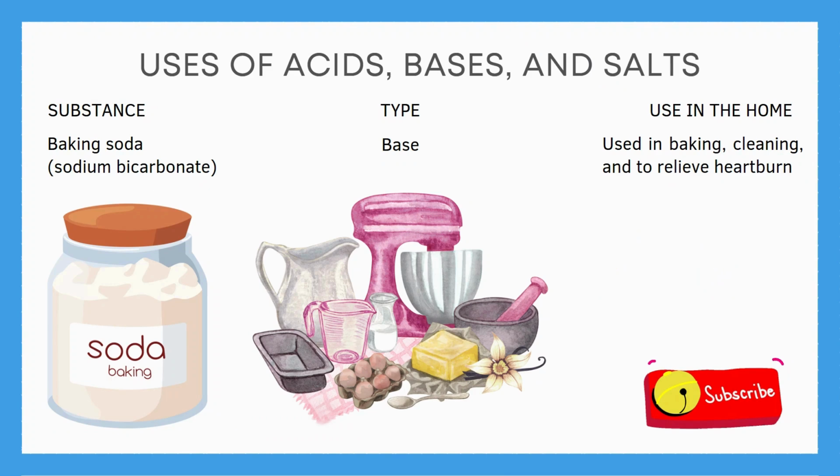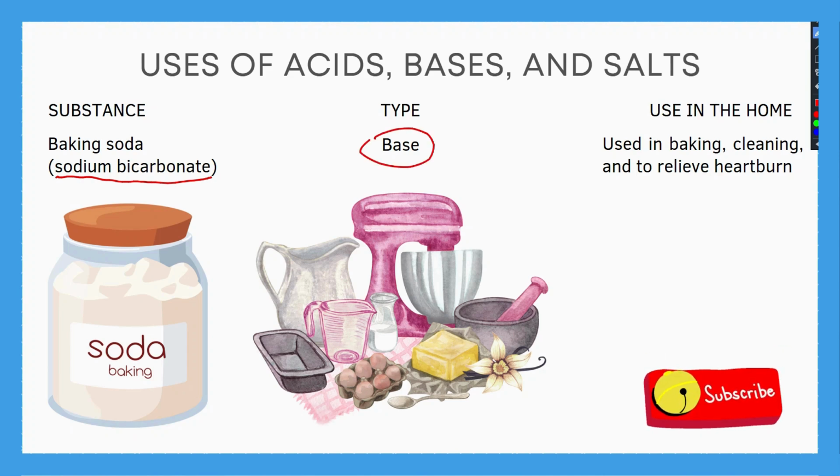Next, let's look at a base. The base we want to look at at this moment is baking soda. Baking soda in chemistry is called sodium bicarbonate, and it is actually a base that is used in baking, in cleaning, and also to relieve heartburn. Now, there is a function of baking soda which many people overlook. When it is combined with an acid like, let's say, vinegar,